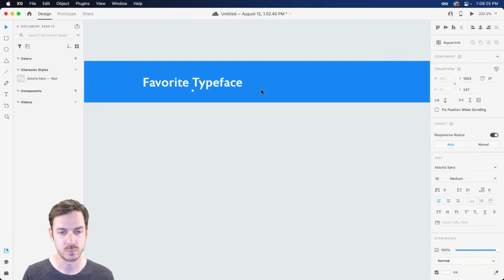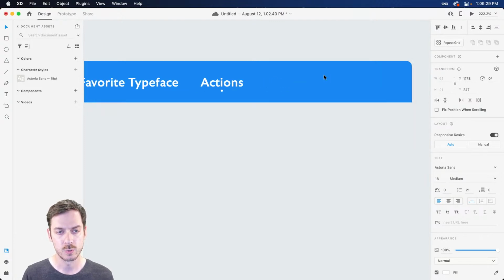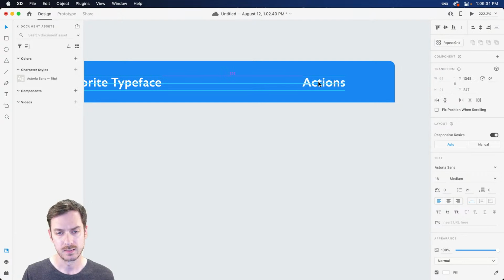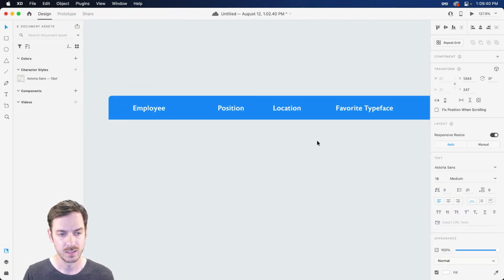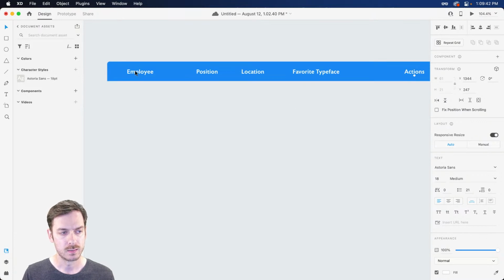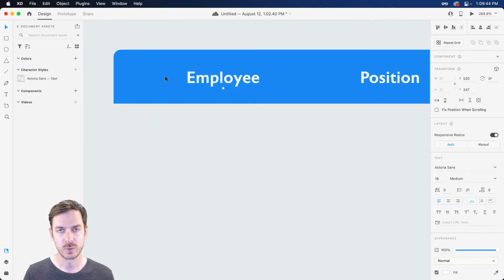Favorite typeface, because why not, right? And then actions. And this will go towards the end. And underneath this, in the main section, there'll be a bunch of icons to do things like edit and share and delete and so on and so forth, right? Now, one more thing we're going to add before I start talking about alignment and distribution is over to the